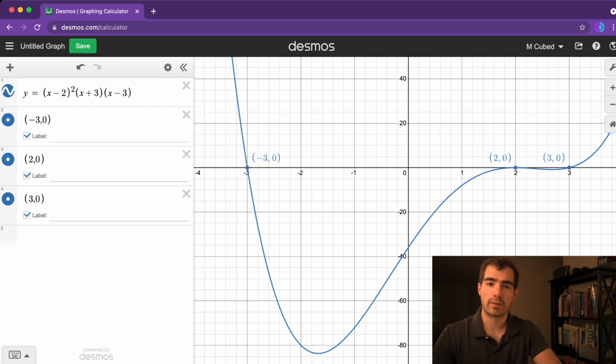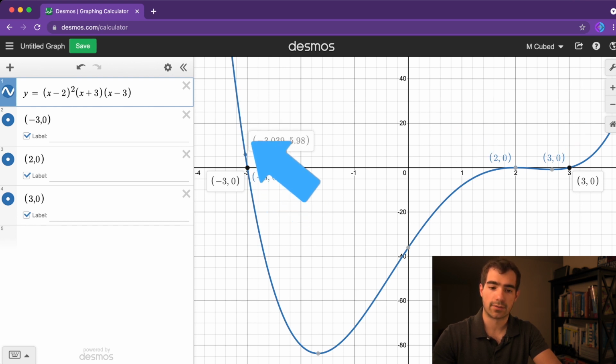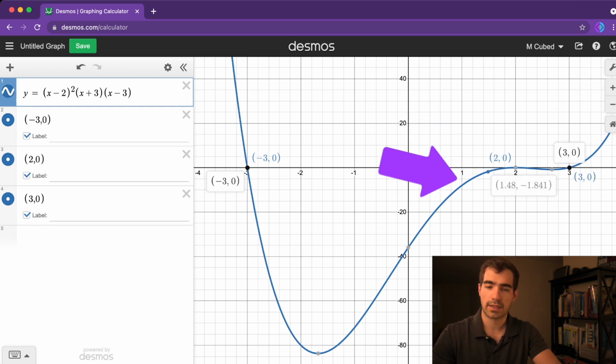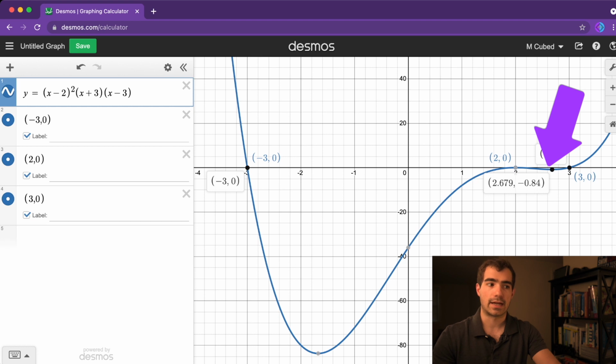But if we look closer, we'll notice a distinction between what happens at negative 3 and 3 versus what happens at 2. At negative 3, we start above the axis and we cross below the axis. At positive 3, we start below the axis and cross above the axis. But at 2, we start below the axis, we come up to 0 and touch the axis, but then still stay below the axis. And that distinction is going to be dependent on what's called the multiplicity of the factor